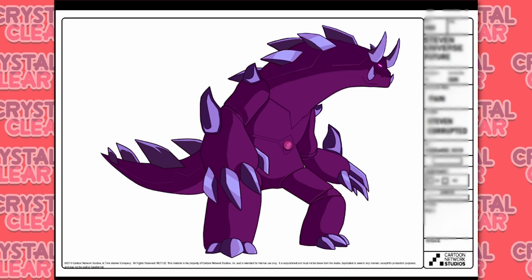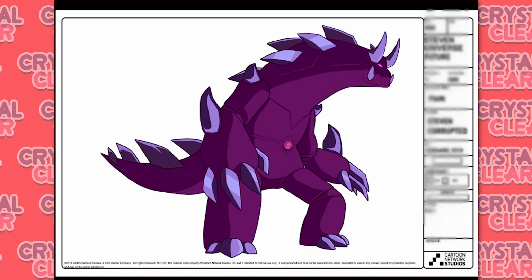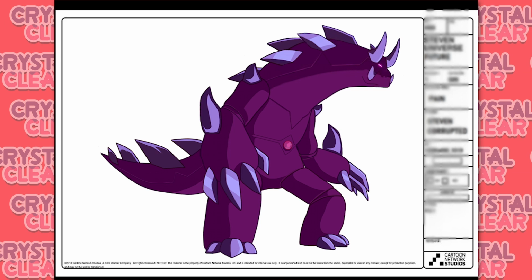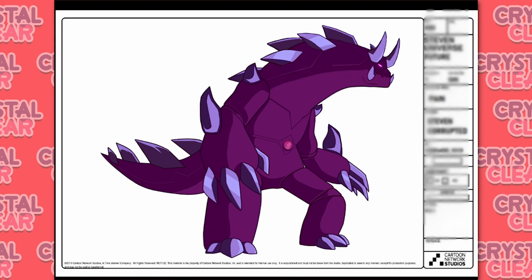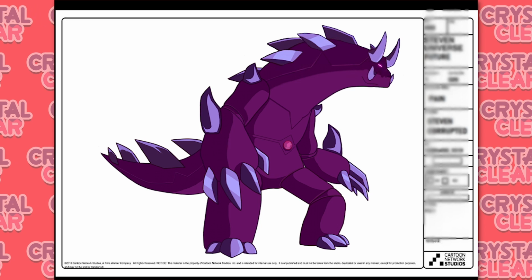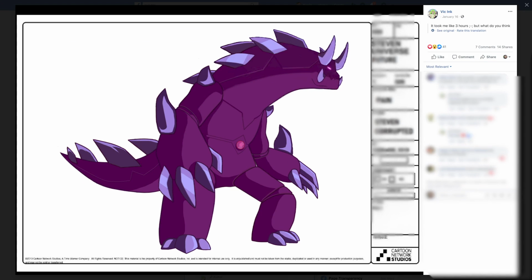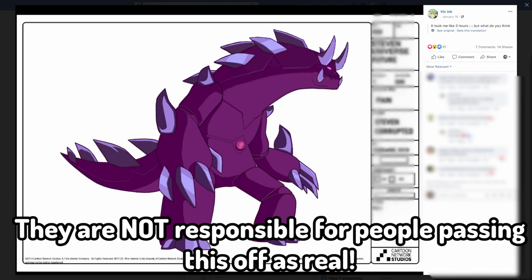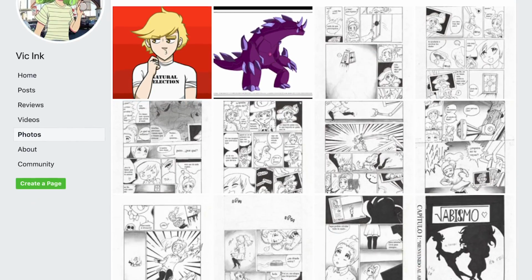The model sheet circulating in question clearly intends to feed into the corrupted Steven narrative, fleshing out the currently unidentified beast into a full body, complete with Steven's gemstone, with the sides of the model sheet blurred out but clearly reads Steven Universe Future, an episode title of Pain, and the model itself being labeled Steven Corrupted. Now yes, this is 100% undeniably fake, but it was never intended to be a real leak, as the original artist was sourced back to their Facebook page, chock full of other illustrations. It was just reposted and circulated as a genuine leak.